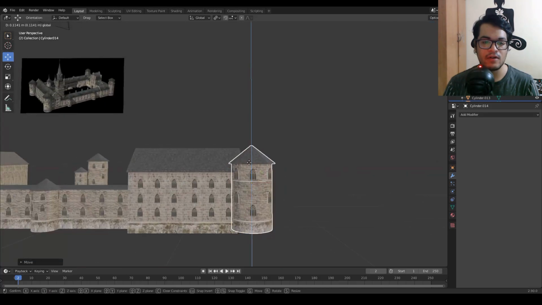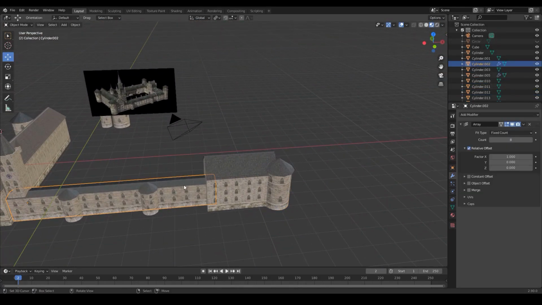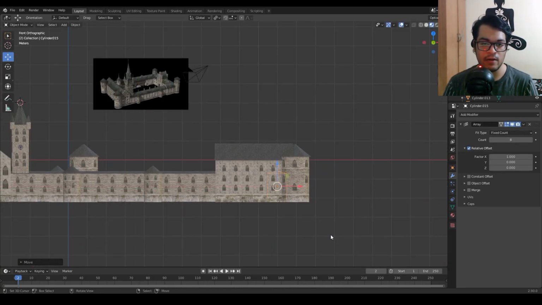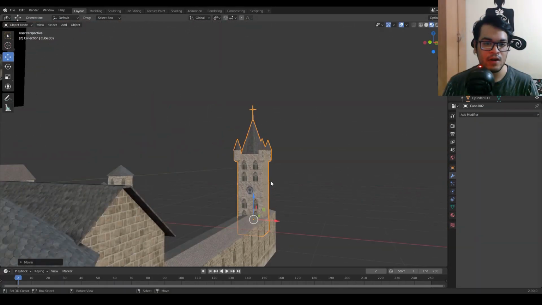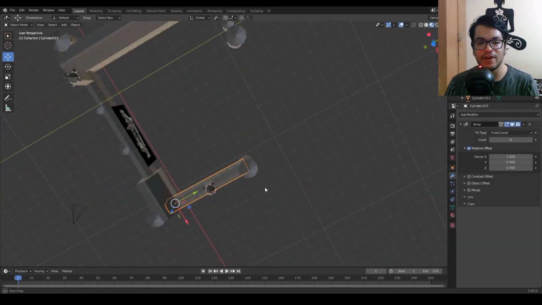Add that tower and align that bottom ridge, that is really quite important. Shift D, duplicate that. So duplicate that array of the small building. And Shift D, duplicate the tower. Now I'm just randomly making a castle. You can make all kinds of different castles with this.